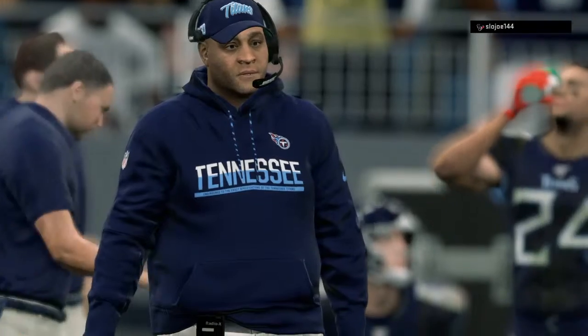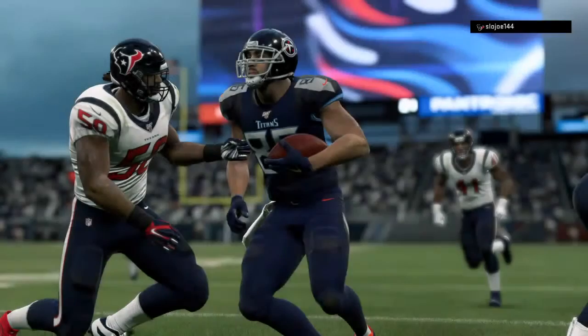A big offensive explosion helped leading them to victory, and the defensive guys, they're just